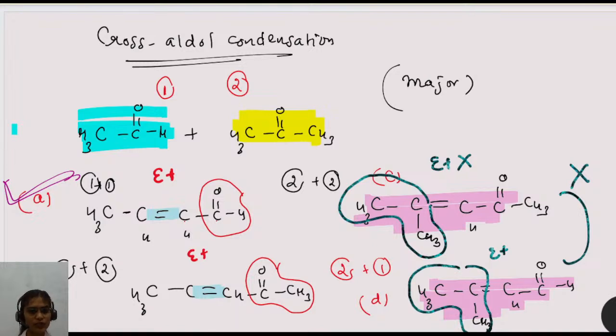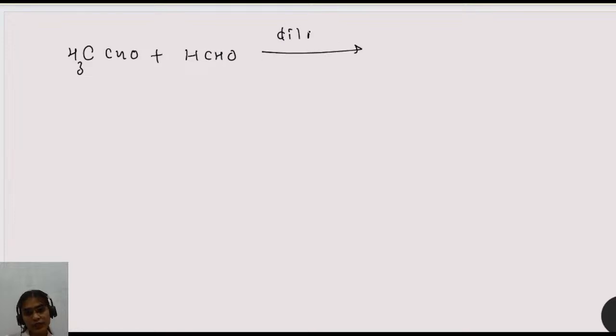Okay, let's solve some questions and see which kind of question is asked on this topic. Wait, I will give you a question. Okay, let's solve this question. It's CH3CHO plus HCHO. Then I'm using dilute NaOH and heat. So you have to identify the product, simply the major product. Okay, so the options are